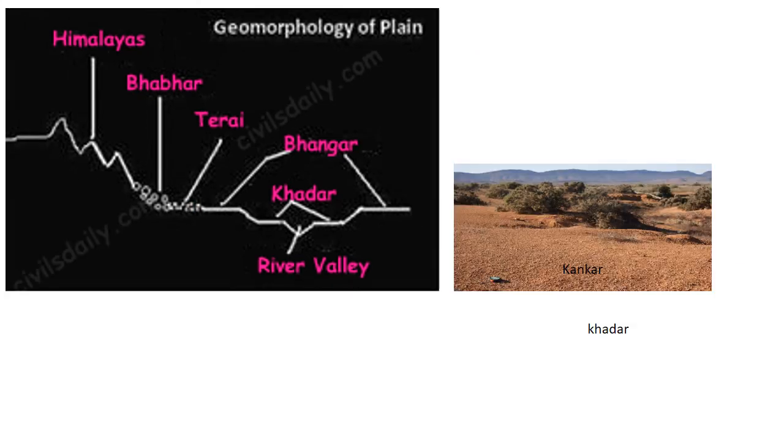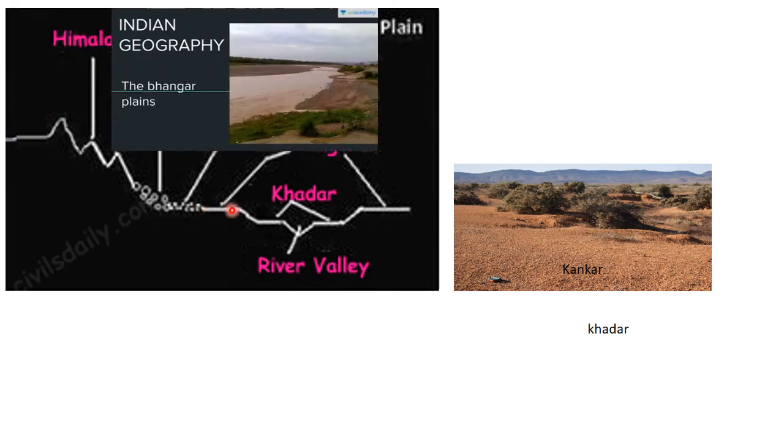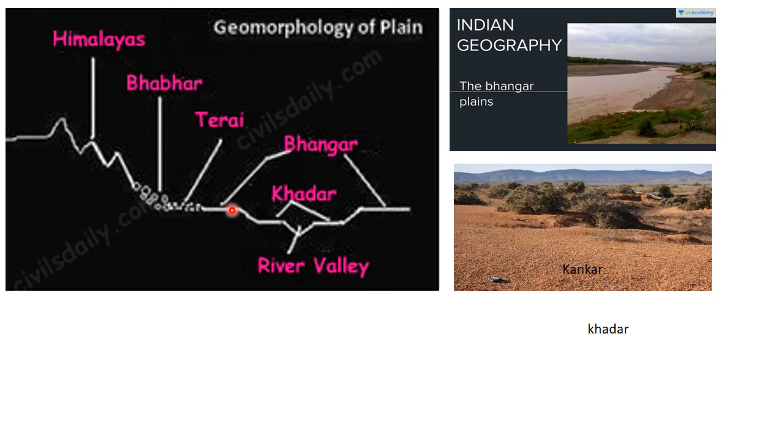Now students, as it moves downwards, we will get the Bhangar region. This largest part of the northern plain is formed by older alluvium. It lies above the flat plains of the river and presents terrace-like features. This part, after it leaves the Terai region, is known as Bhangar. Picture wise it looks like this.